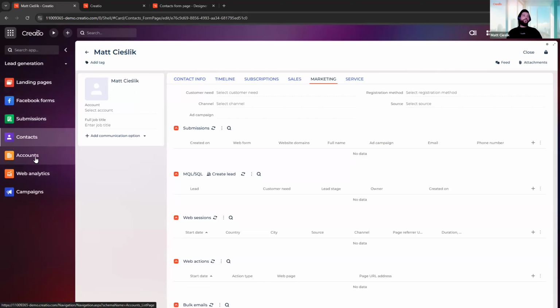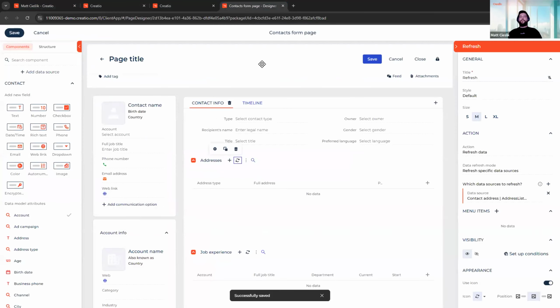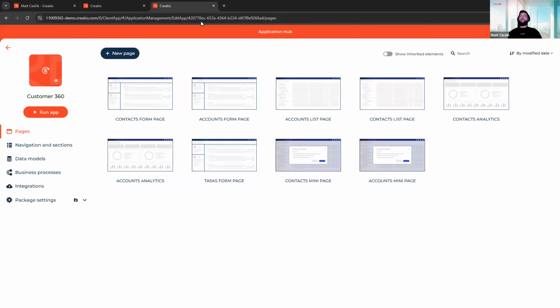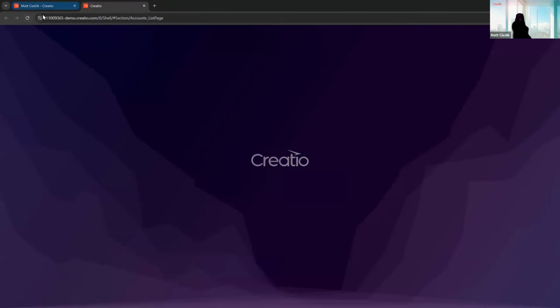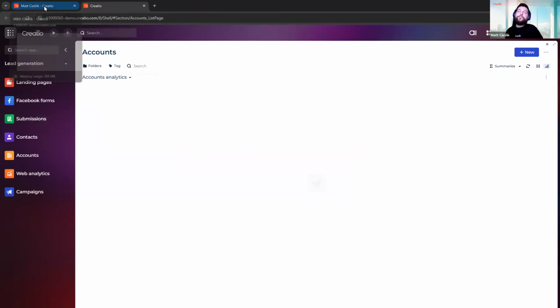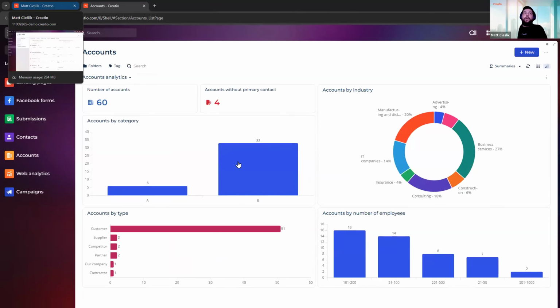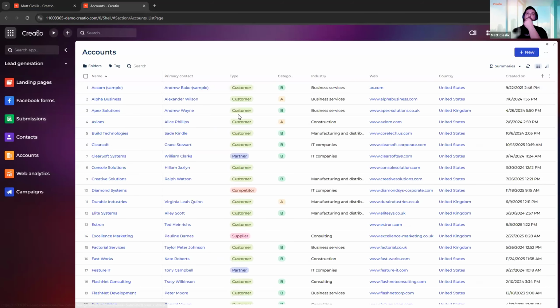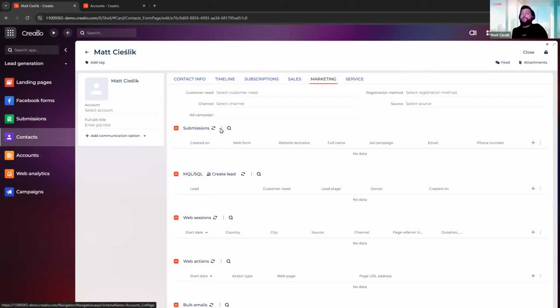And as the page is loading, let me also open the account. Perfect. Successfully saved. I can close the designer. I can close the application hub. And in our accounts section, I want to point out two records. Let's go with Alpha Business and Apex Solutions. One of them is from the United States, one from the United Kingdom, and those are accounts. If I go back to my contact records,